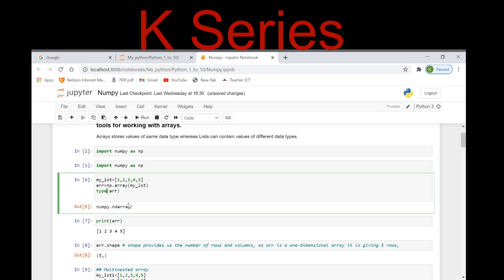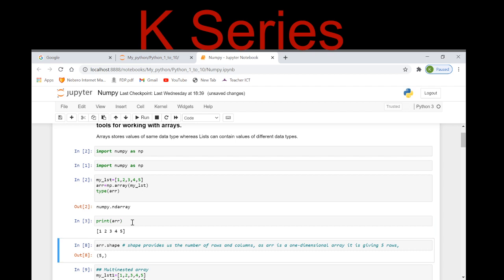Now if I type array, it is showing me that it is numpy's ndarray, n dimensional array. Its data type is n dimensional array, right? If I give the command print array, it gives me 1, 2, 3, 4, 5,